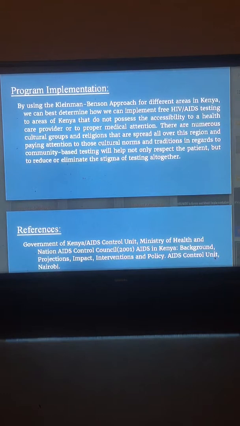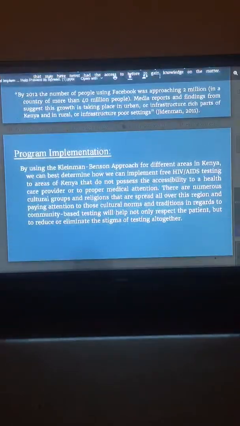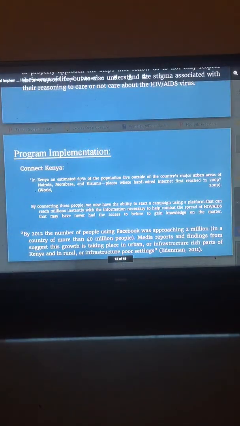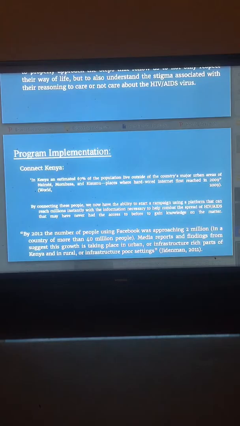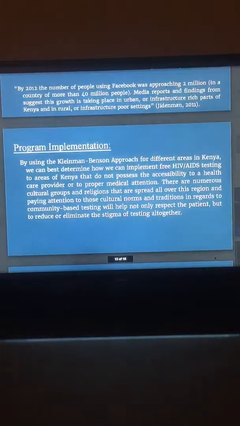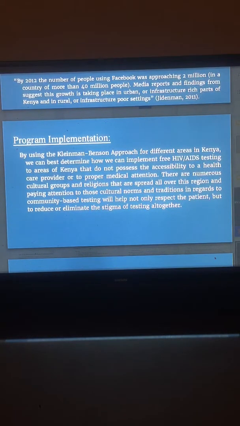So that program implementation, by connecting Kenya, is about education in terms of sexual abstinence, condoms, those three things that we could utilize, teaching them better practices in regards to their sexual activity, and connecting them across a very expansive network so there is education and communication. Then we turn that into finding alternative means of getting people into